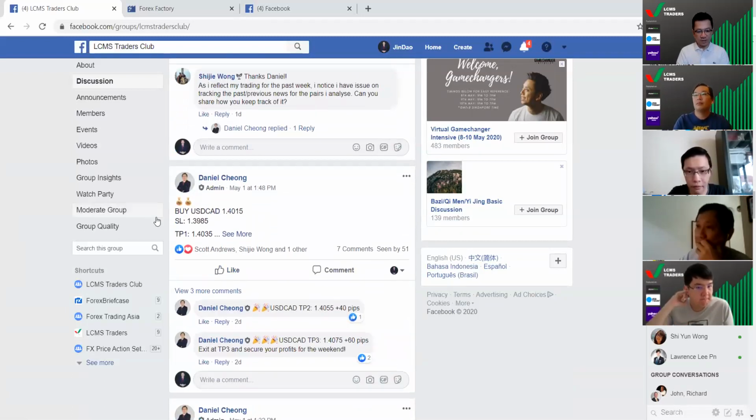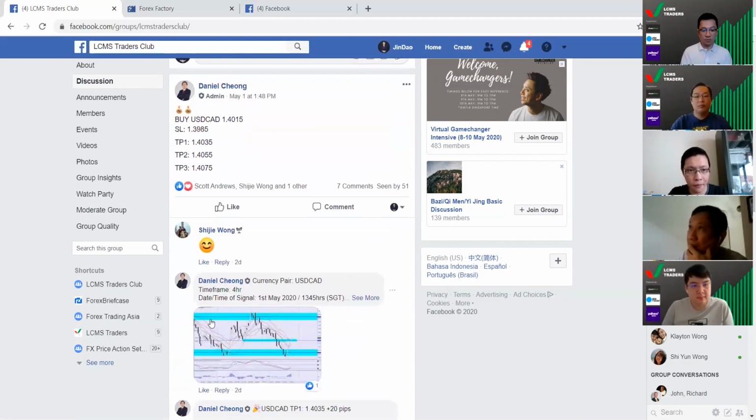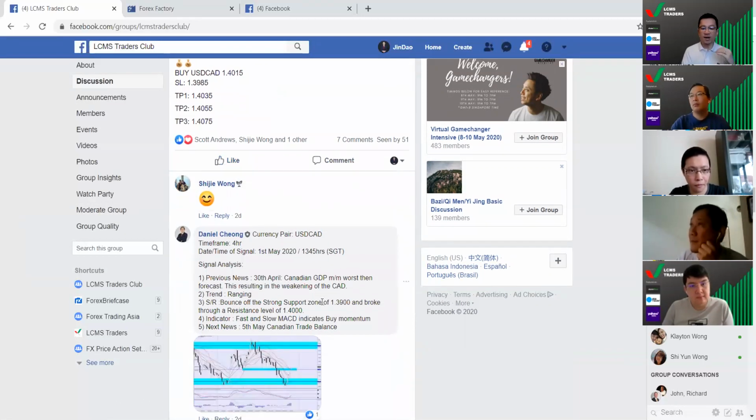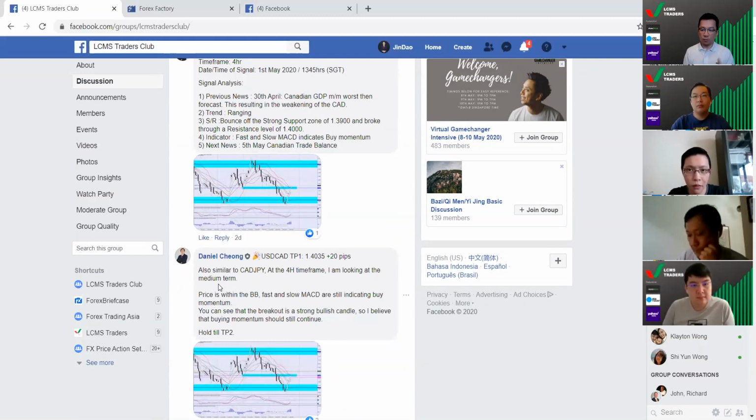A lot of you are coming from the Telegram group, where you get the trade signals. In the Facebook group, you not only get the trade signals, you get them earlier, and you get the analysis behind them as well. Daniel fires out the trade signals. He tells you why he is buying, why he is selling, the step-by-step reason behind his decision to buy or sell a currency pair. And then at different take profit levels, TP1, 2, or 3, you might be sitting there wondering,